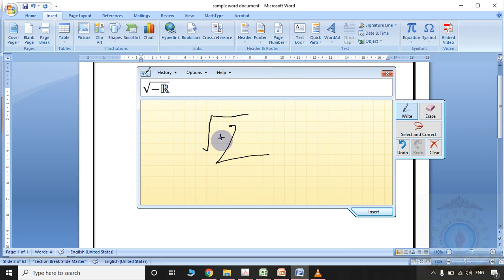So a little bit of practice is also required to write the exact form of the equation. Here I am writing with the help of my mouse. Generally, a tablet pen will be available in the market. A stylus will come along with the tablet pen. If it is connected with your PC, then simply with the help of the stylus you can write something on that slate. That is nothing but a tablet pen.